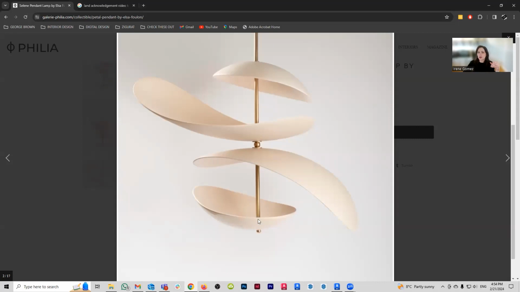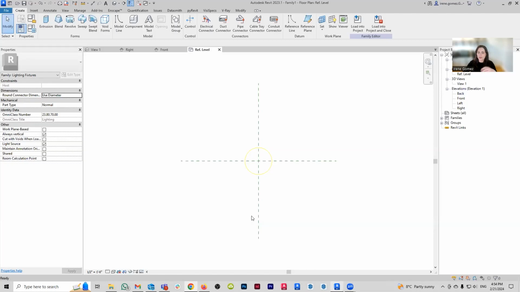I'm going to assume that there's probably two light bulbs, one in the bottom element and one in the second from the top element. So what I'm actually going to do, because this is a lighting fixture that has multiple light sources, I am going to start by creating those elements. So in my lighting fixture family, what you can see is that what we start with is a light source.